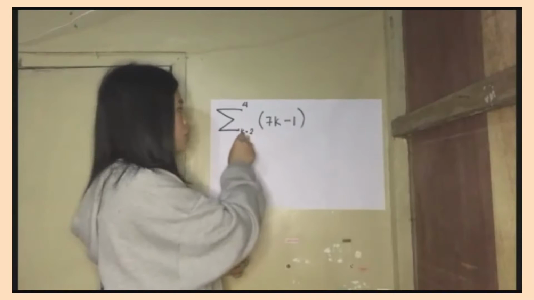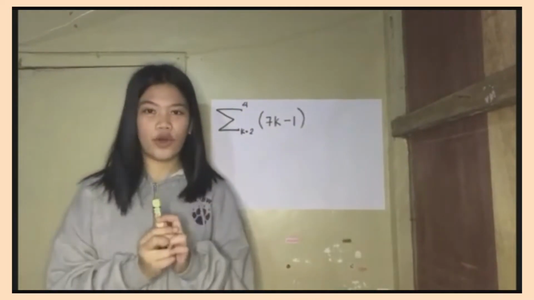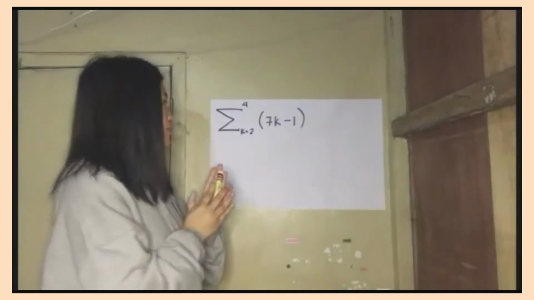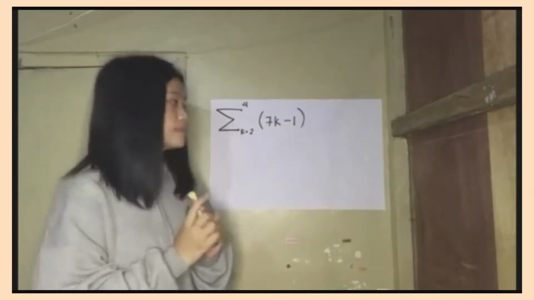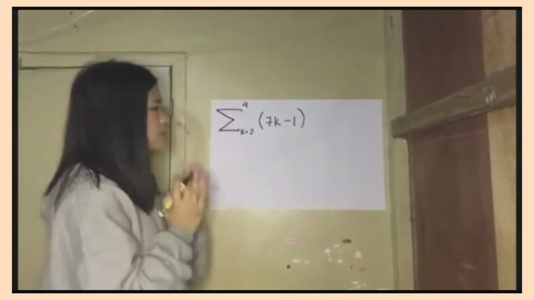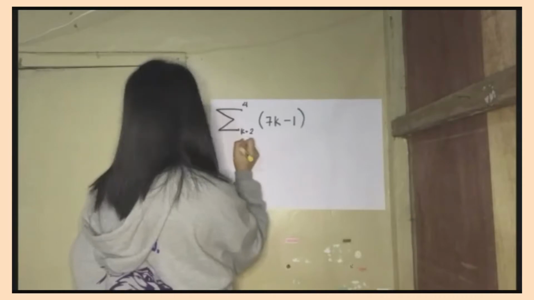The value of the variable is 2 and the ordered element is 4. So whatever the value of the variable, you are going to solve from the value to the given number of elements. So in this example, our first step is we are going to substitute the values of